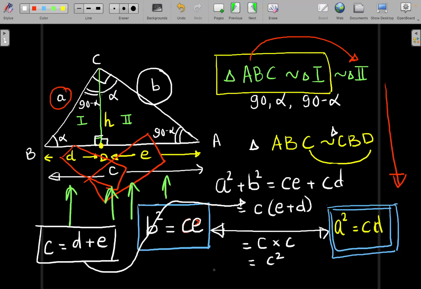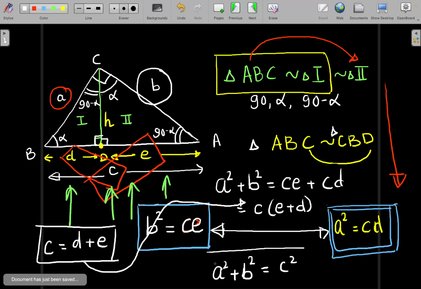And with that, we have proved perhaps the most beautiful result in elementary geometry, which is A square plus B square. Let me just make some space here. A square plus B square is equal to C square, the great Pythagoras theorem, which has got God knows how many hundreds of proofs, and here is my most favorite proof of the Pythagoras theorem. Now this has clearly come from